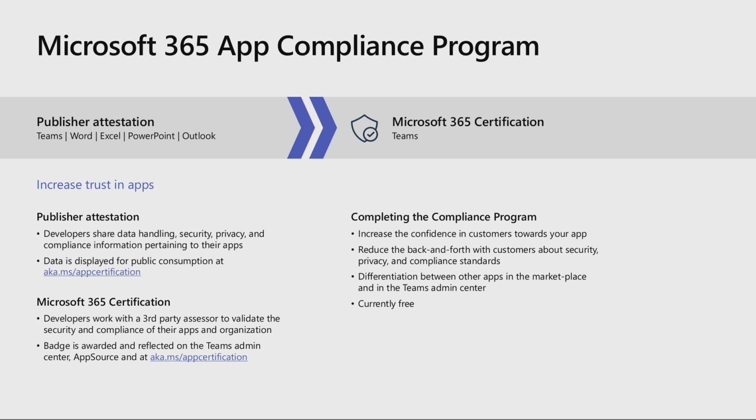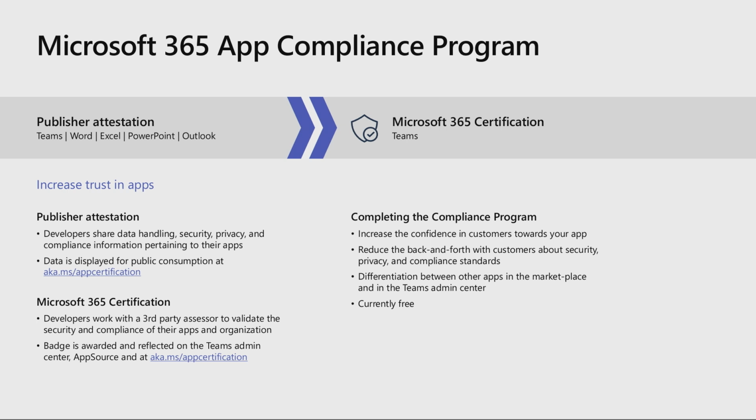The data is then published and a link is provided to that assessment from Teams Admin Center and App Source. Currently, attestations are accepted for Teams, Word, Excel, PowerPoint, and Outlook integrations. The app publisher will then be invited to participate in the Microsoft 365 certification, the second tier, after they complete their publisher attestation. So the second tier involves an assessment of the application and its supporting infrastructure against 4 security